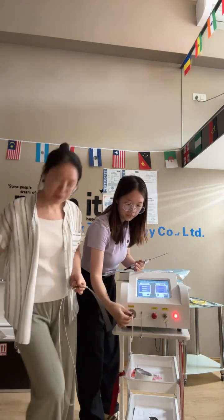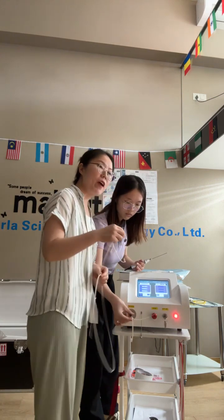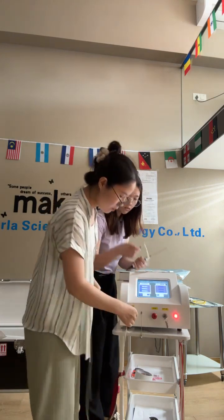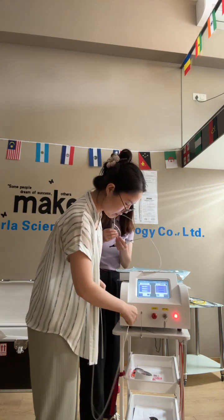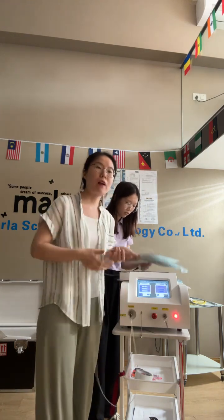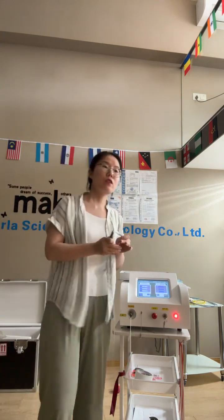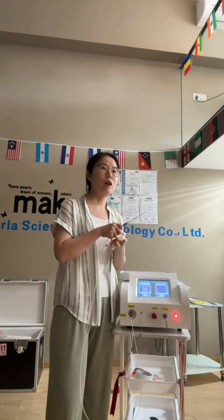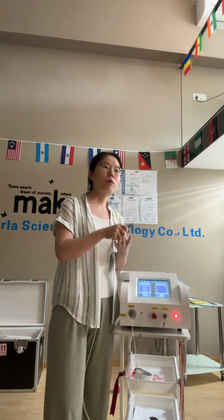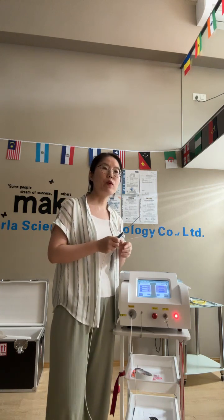Non-invasive functions like the vascular removal on the surface of the skin, with no bleeding and nothing inside the skin, and the nail fungus removal, only treating the finger. And also the physical therapy function only works on the surface of the skin for pain relief. Those three functions are non-invasive. Also the vaginal tightening is also non-invasive. And also for